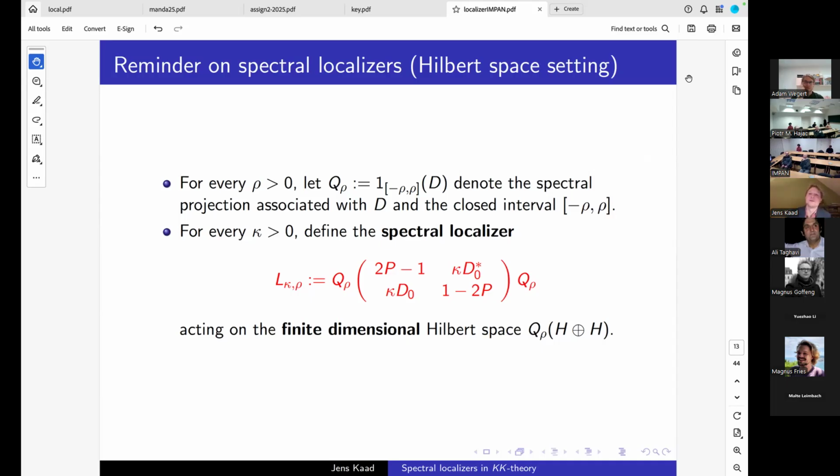And so if you have a spectral triple, you have lots of these operator systems because you can choose any positive parameter rho, and then you can truncate your coordinate algebra by this spectral projection. You could kind of hope that they converge in some sense to the K-theory of the whole coordinate algebra. But this is speculative. No one knows, I think.